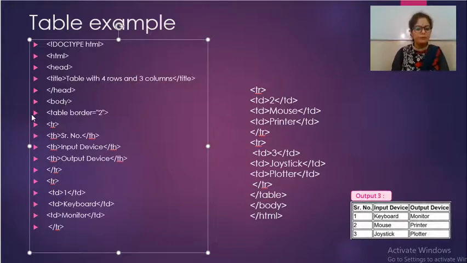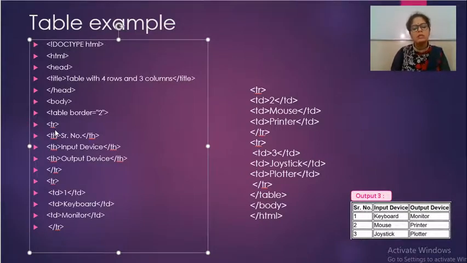So now we have to open the body tag. So students, whenever you have to create a table, you have to create that table inside the body tag. So this is the start of the body tag. Inside the body, you have to start with the table tag to create a table. Now I have used border with value 2. So this creates a border at the outside of the table. Look at this border. We can simply create a border by just giving the value, so table border equals 2. So this creates a border.